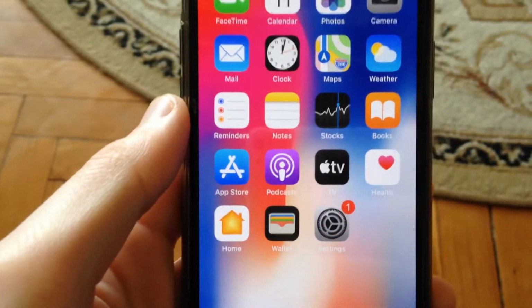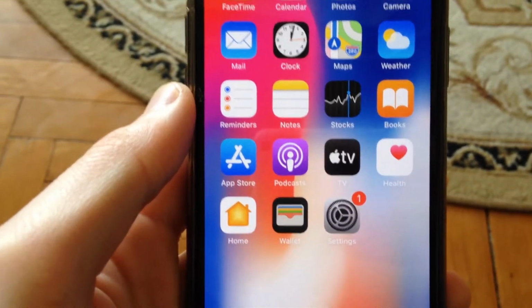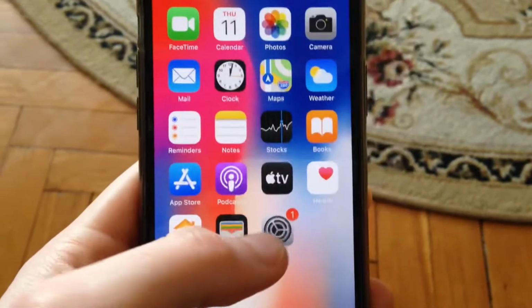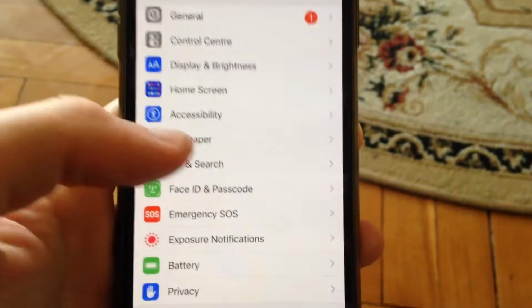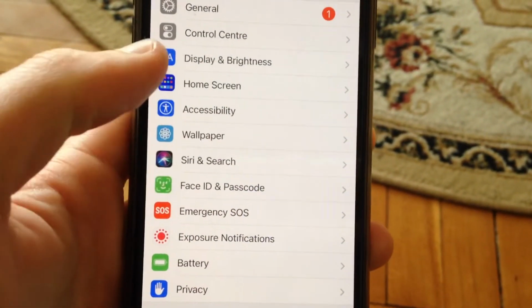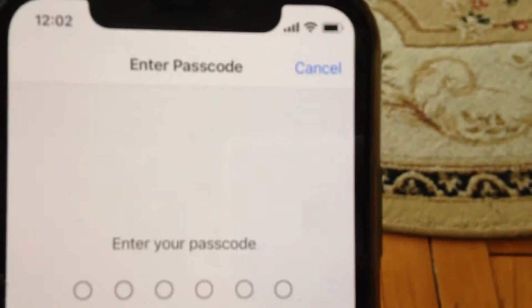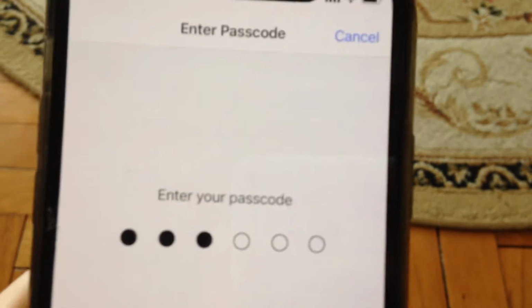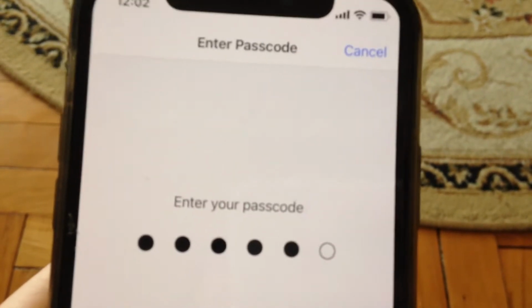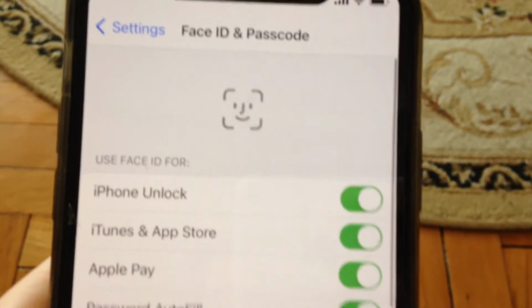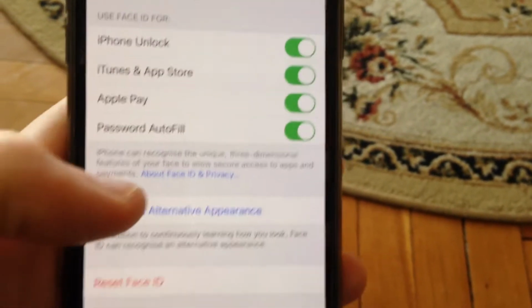So if you have an error on your iPhone, a volume turned down notification on iPhone, for fixing it, you just need to open the settings, and in the settings you need to find your Face ID and passcode. So now you just need to write your passcode. So now just